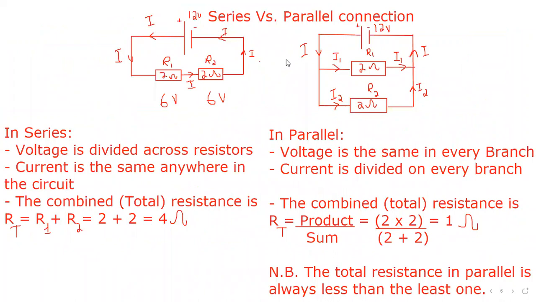Then we will talk about the series and parallel connections. As you can see here, this is the type of a series connection. A series connection is as if the two resistors are sharing only one part, and the other parts